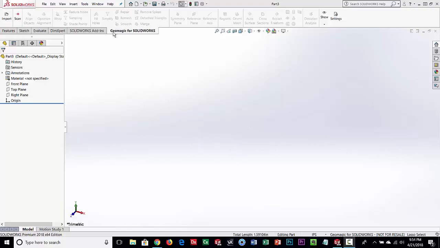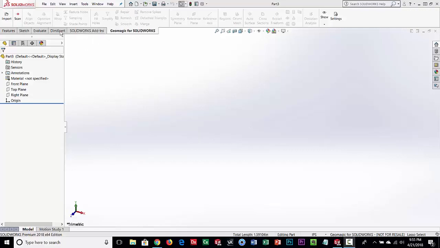So to start with, GeoMagick for SolidWorks is an add-on software product to SolidWorks. But what's really nice about it is it runs right inside SolidWorks. Some people know GeoMagick has a product called DesignX, which is a very powerful reverse engineering tool, but it's a standalone product. So you've got to basically learn a different system. It's similar to SolidWorks, but it's different, and you're running it standalone. The advantage of this is it's all integrated in SolidWorks, and if you already know SolidWorks, it makes it very easy. So let's get started.